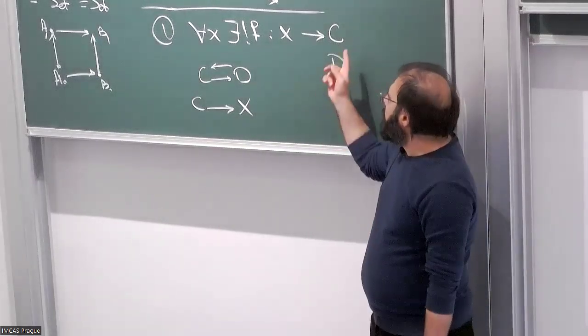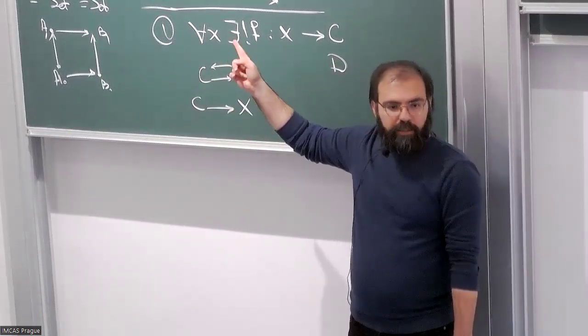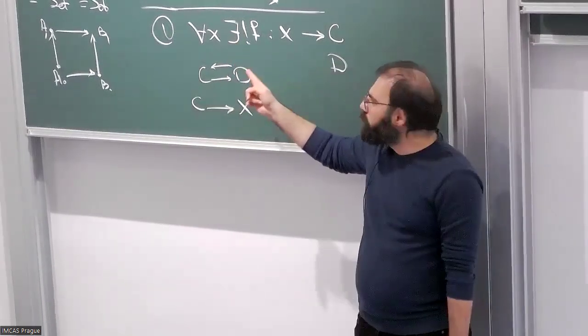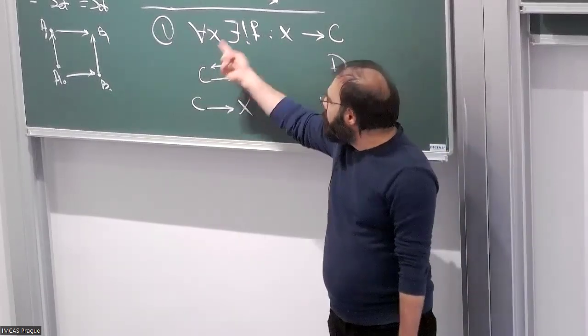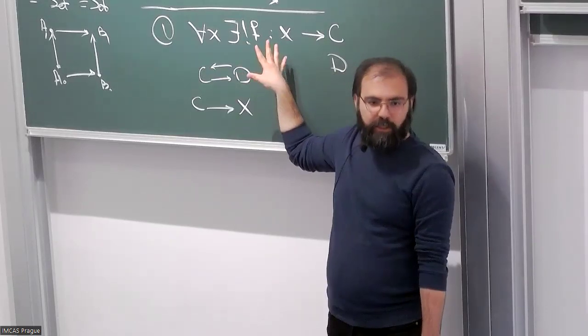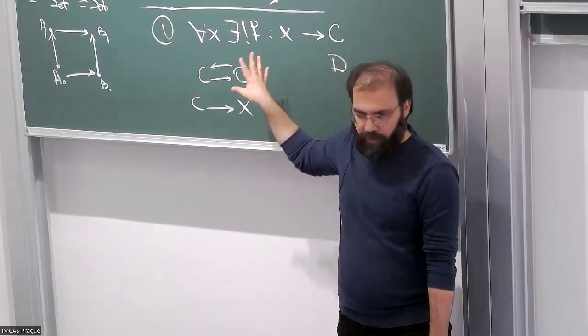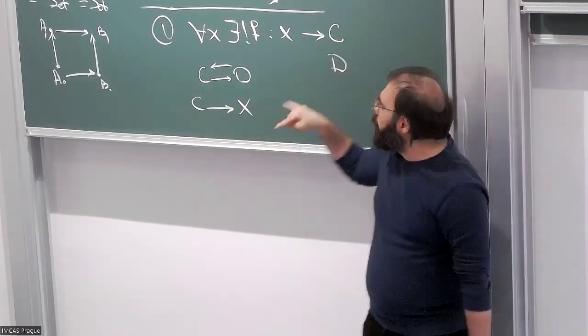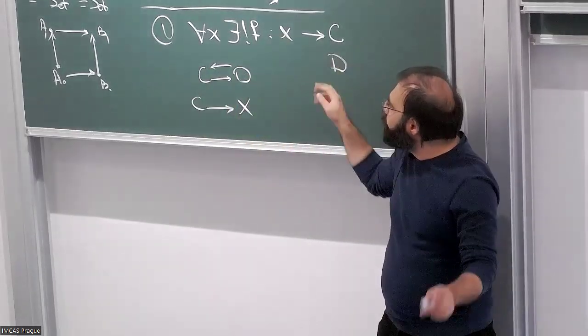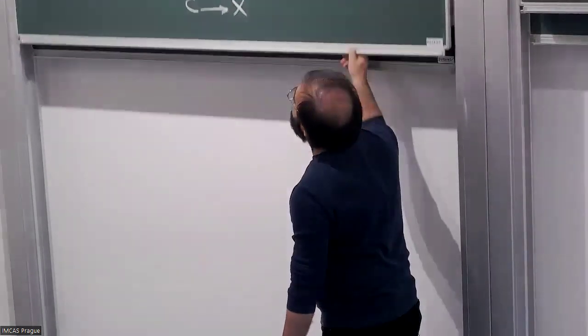So we have terminals, initials, and we know that they capture the singleton set and the empty set. That's good. So before going to the second one, this is the very obvious structure that I want in any topos. But I want to talk about some philosophical thing before going further.